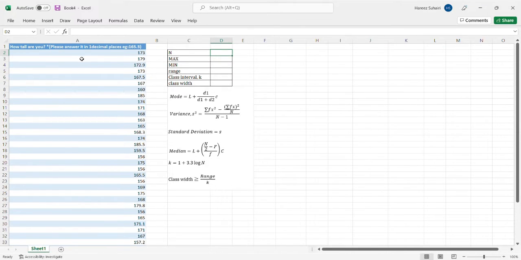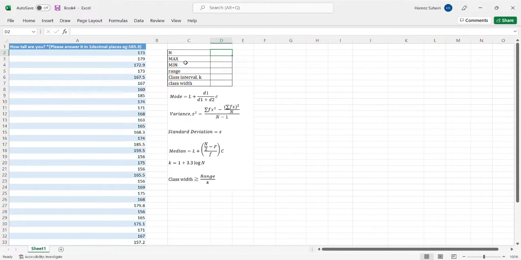So, the height of each respondent will contribute to our continuous data. So, as you all know, this assignment falls under two categories, which is discrete data and continuous data. For discrete data, I will explain later on in this video, but for continuous data, I will show you right about now. So, to begin with, we will need to determine our n, which is the total number of